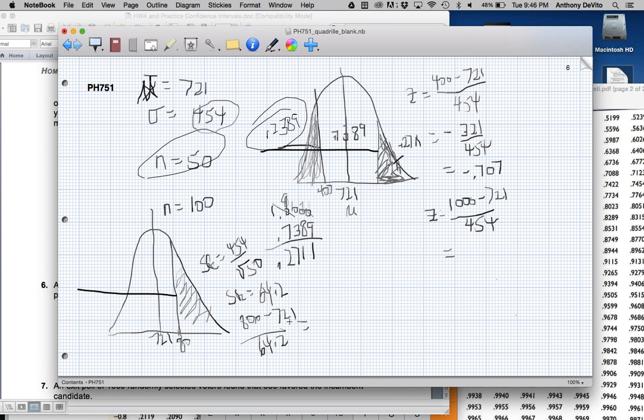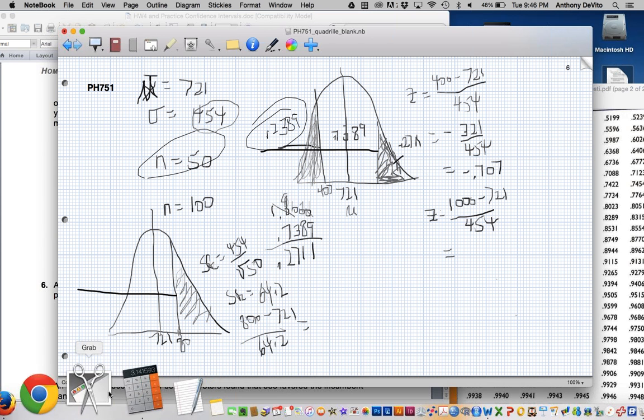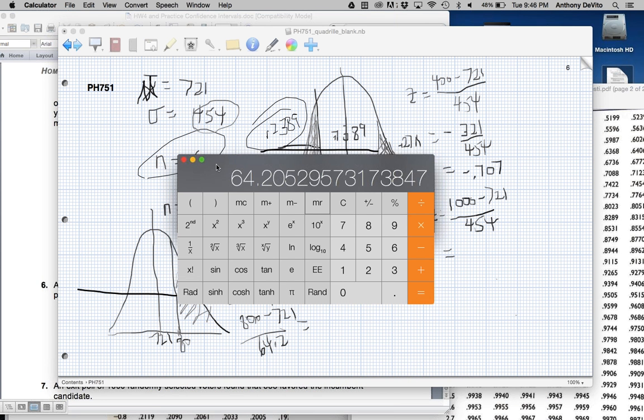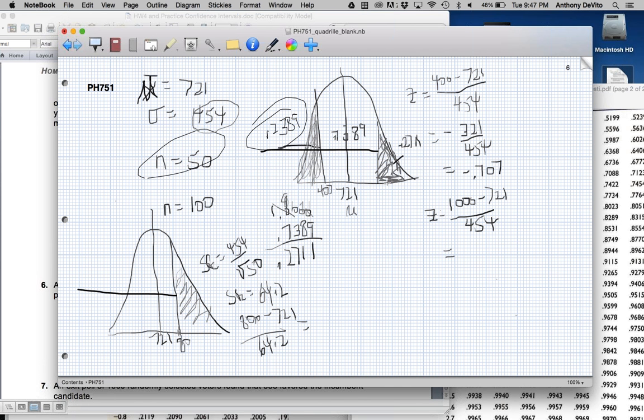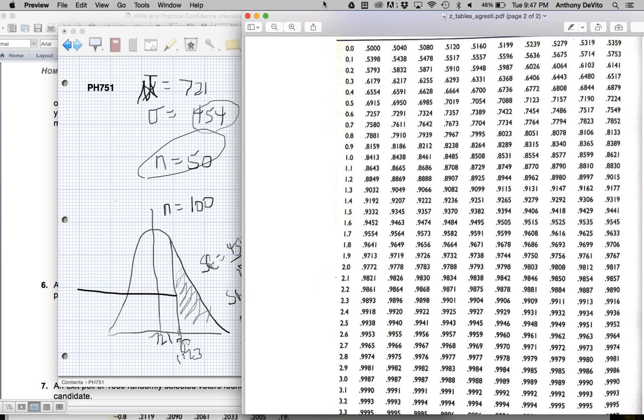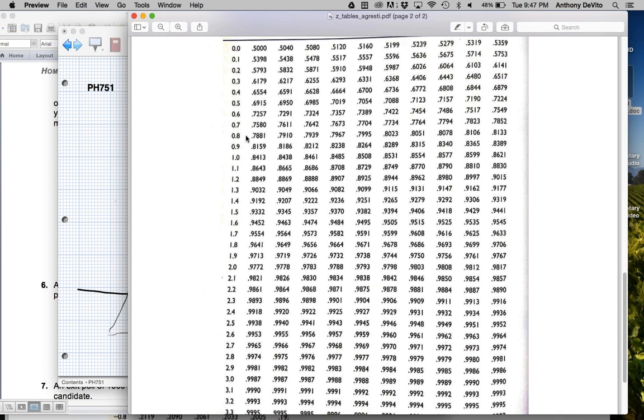So let's see what that's going to be. That's going to be 79 over 64.2. Okay, so it's clear. 79 divided by 64.2. Okay, that's a z-score of 1.23, right? A z-score of 1.23. So now if I go to my z-table and look for the area that's represented by a z-score of 1.23,